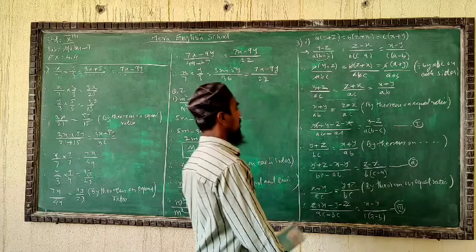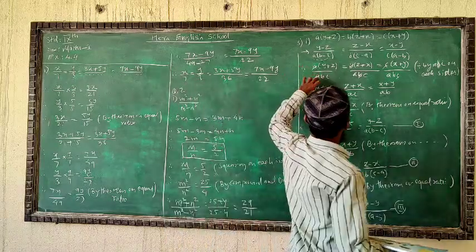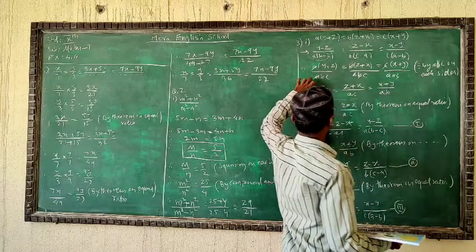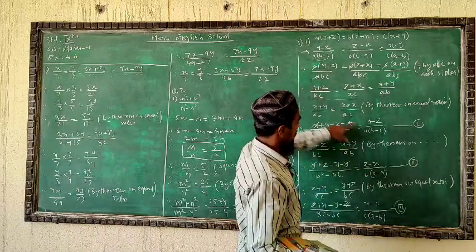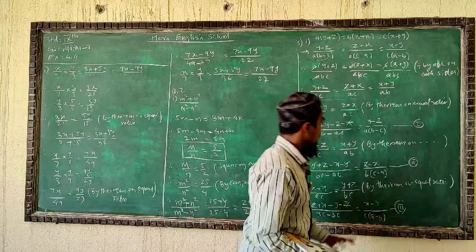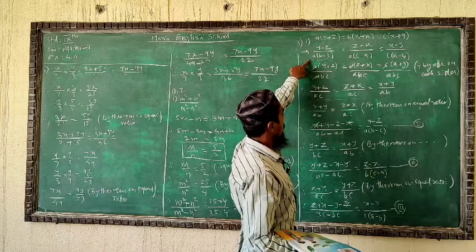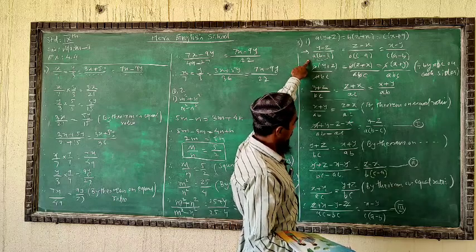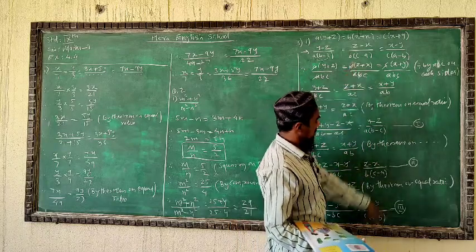third. Now see, we got the equal ratios. These three equal ratios are given according to the question. We used these three ratios and we got the first thing, second thing, third thing. What we have to prove? y minus z upon a inside the bracket b minus c is the first thing, the second thing is this one, and the third one is this one.